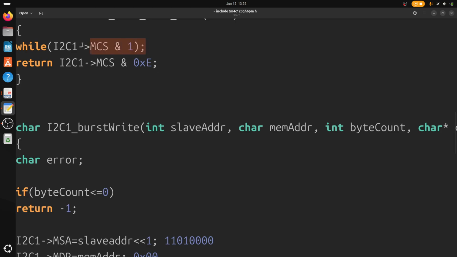So while the bus is busy transmitting this address, we're checking if we're sending the address here, so we want to check if the address is acknowledged or not. So to check that, we will be checking this